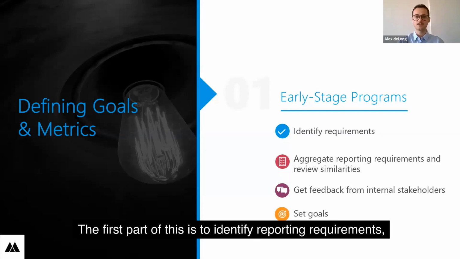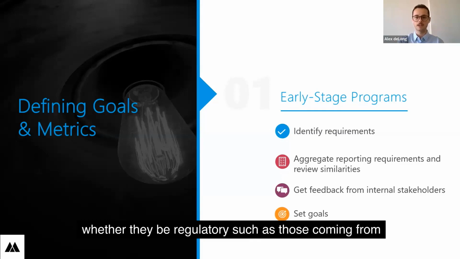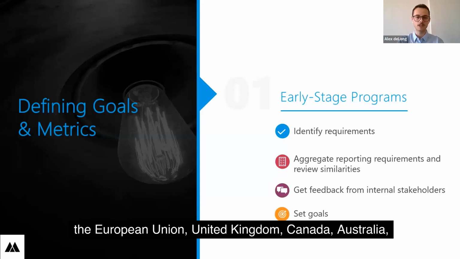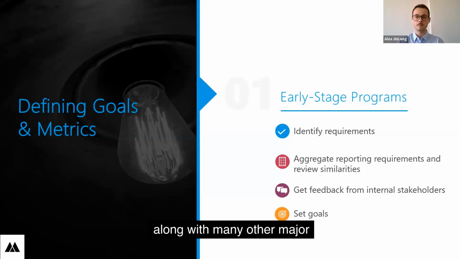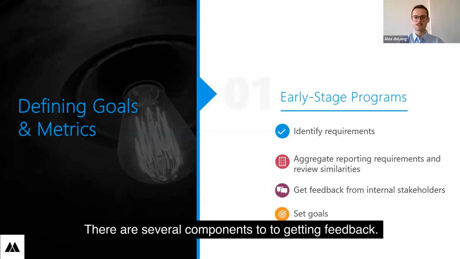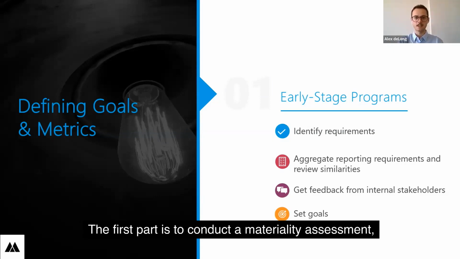The first part of this is to identify reporting requirements, whether they be regulatory, such as those coming from the European Union, United Kingdom, Canada, Australia, along with many other major markets, or from investor demands. There are several components to getting feedback. The first part is to conduct a materiality assessment,